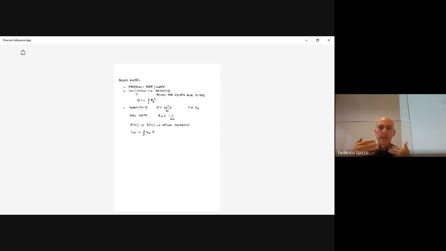Now, for the moment, this sentence may not have its full meaning, because we are just at the beginning of the lessons, but later on we will understand why this comparison can be important, because in some cases, even the most complicated models tell you exactly what the Drude model predicts. So there are situations where even more complicated models tell you exactly the things that the Drude model predicts using this simple approach. Another thing that may be in favor of the use of the Drude model just for a simple